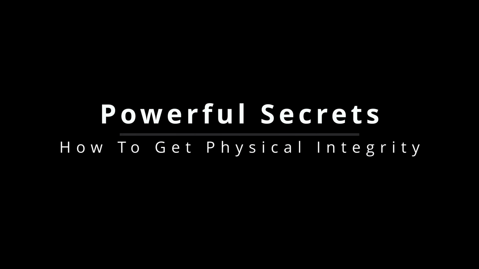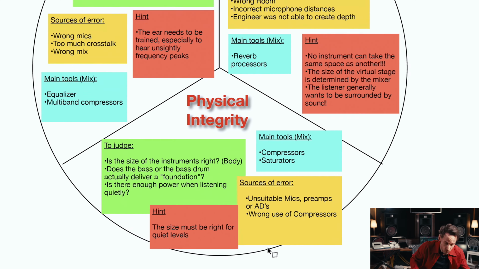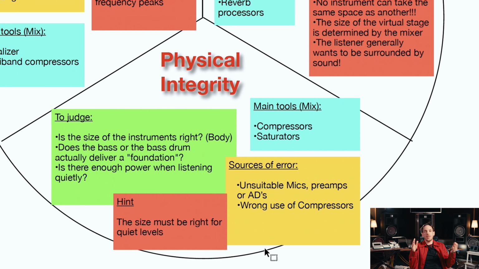Now the last thing is physical integrity, and as I said already, physical integrity is the size of the instruments. The smaller the room, the smaller the instrument seems to be, because if reflections from walls are coming late back to the microphone, then we have the impression of a big room. This is what happens in a large room, right? The piano is playing in a large room and it takes some time until the sound hits the walls and until it's coming back. So the way we can recreate size is again with reverb.